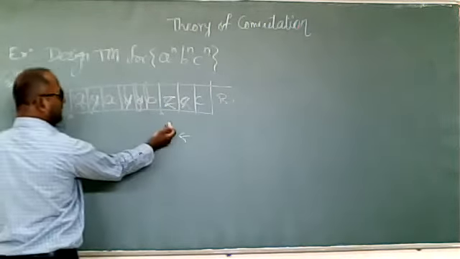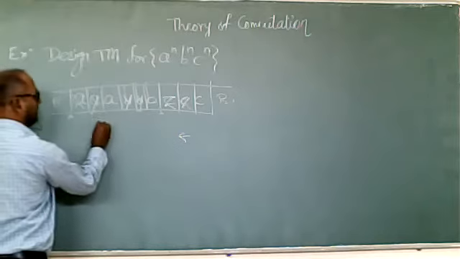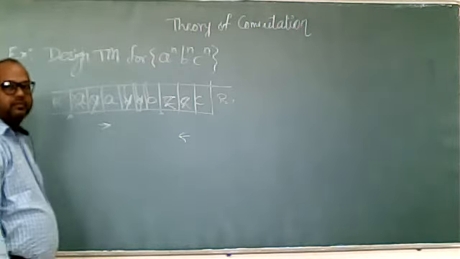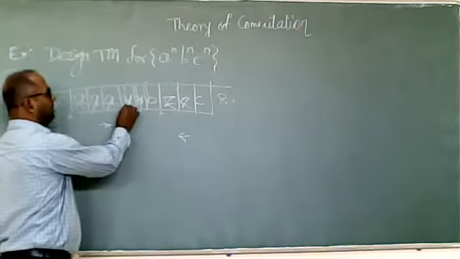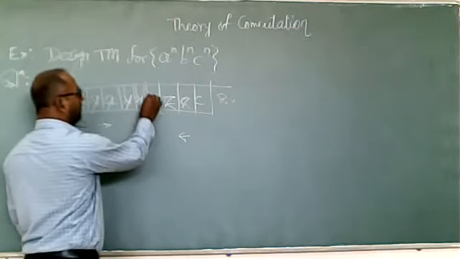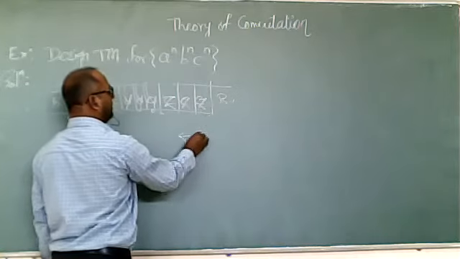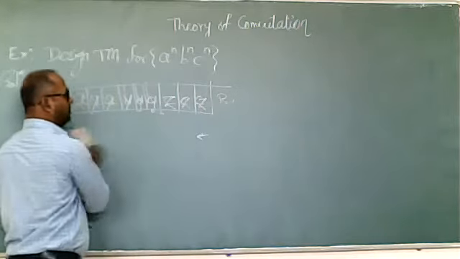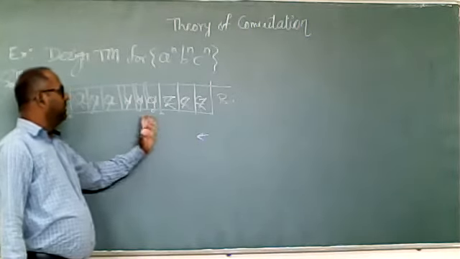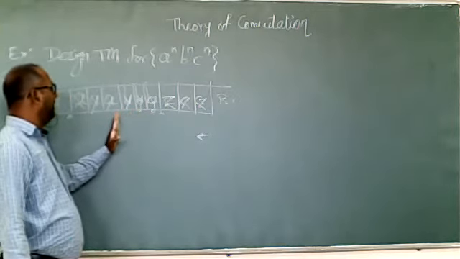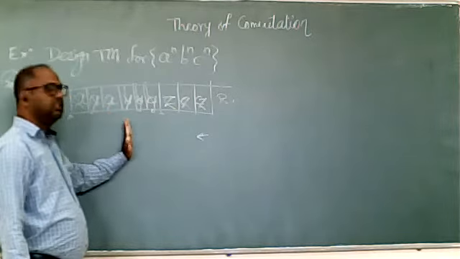Now Z skip, B skip, Y skip, Y skip, A skip, X. Yes, change the direction towards the right. A, mark it as X, skip Y, B, mark it as Y, skip Z, C, mark it as Z and change the direction. Again skip Z, skip Y, skip X. Keeping X as it is, we change the direction.